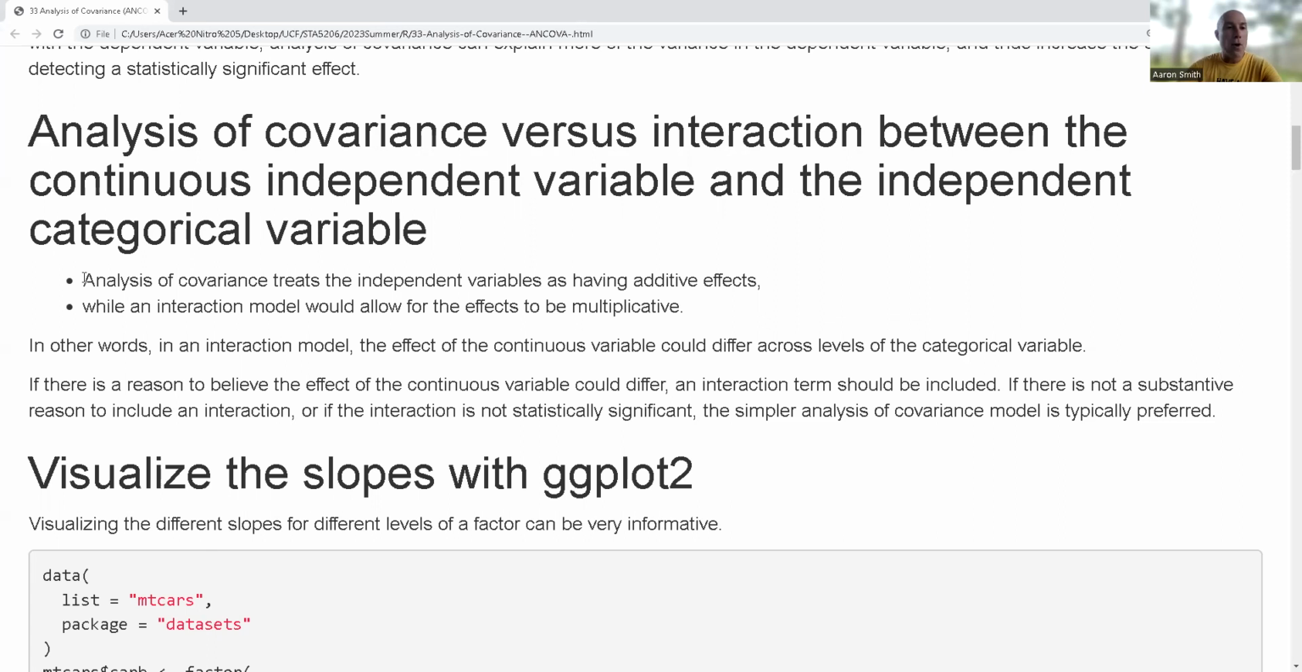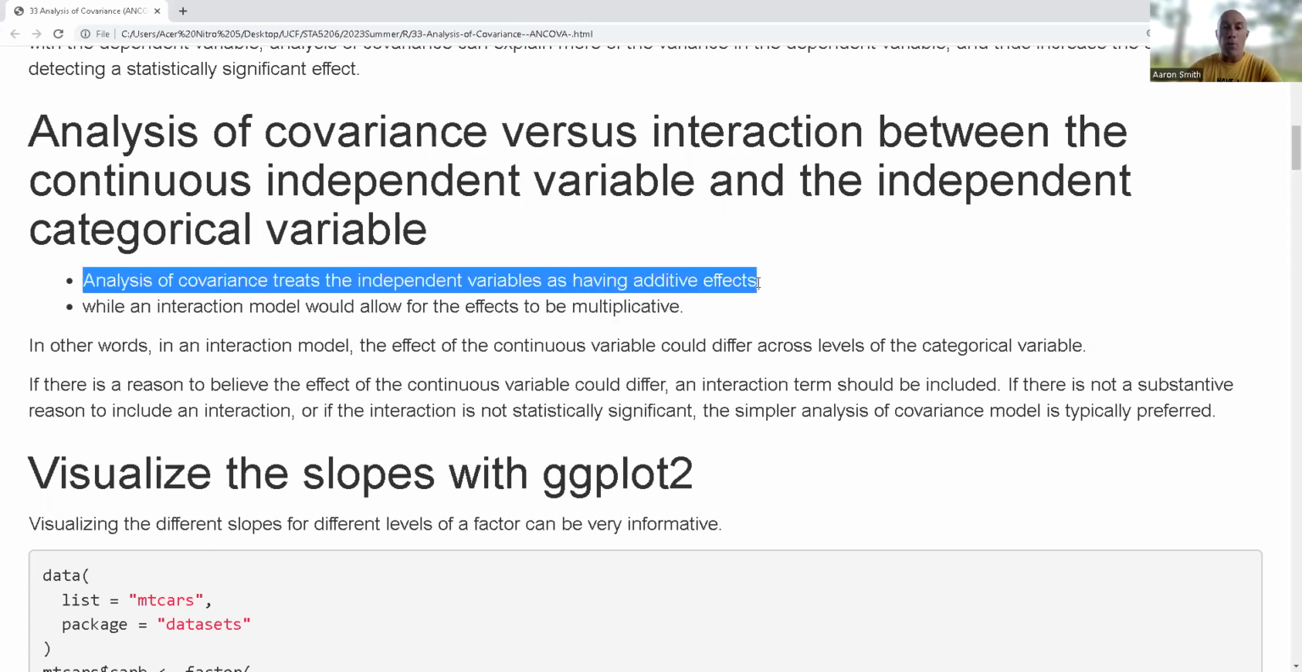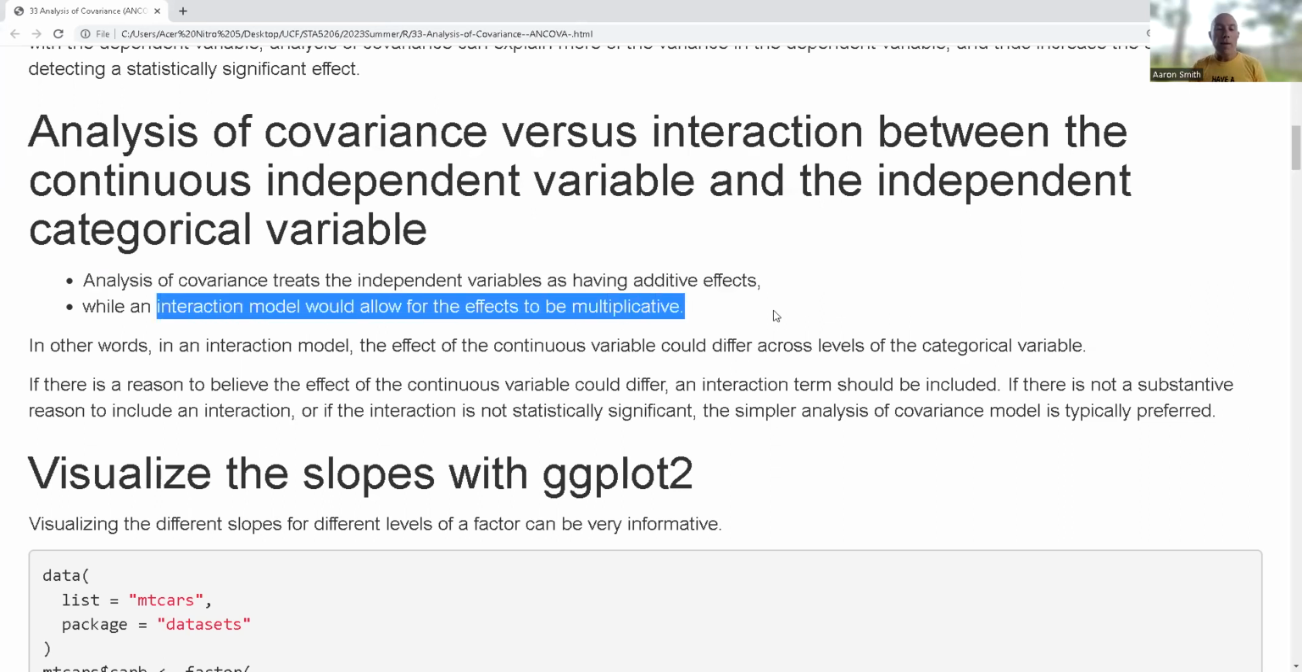And so analysis of covariance treats the independent variables as having an additive effect. Well, if we had an interaction model, it would in effect be a multiplicative aspect, because for interaction, I would have the additive effects that we just talked about, plus a multiplicative aspect between the different categories and the slope. And so in the interaction model